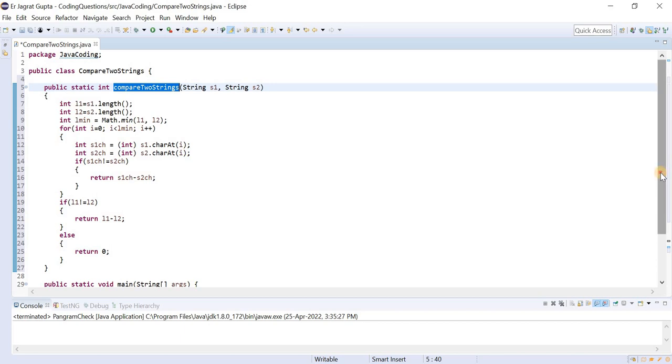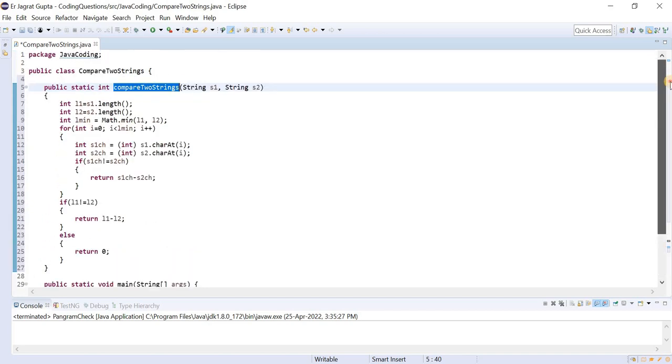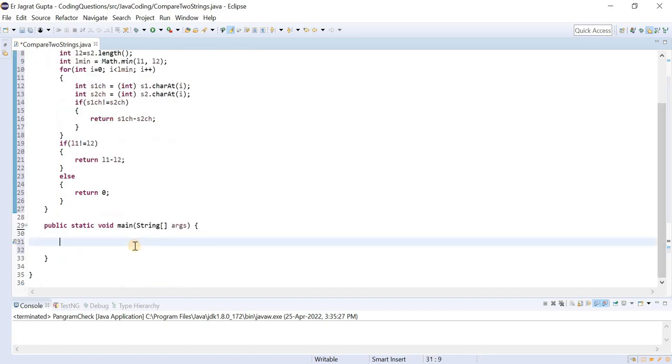Let me check, just give me 1 second. This is the static method that we applied. Okay, cool. Here let us suppose first I put geeks and jug, like this.